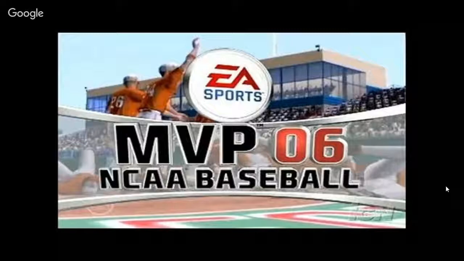Again, I played Oklahoma State in dynasty mode last season and I won the national championship through the College World Series. So we're defending national champions. Pop up to the left fielder for the out. 2 outs.